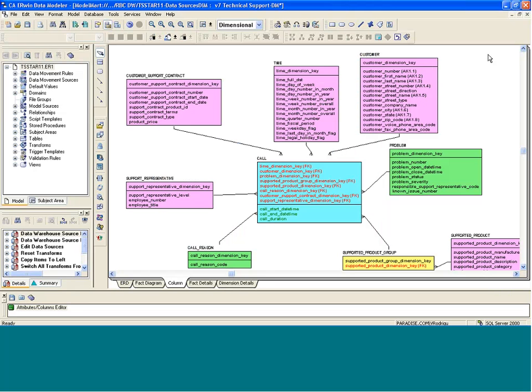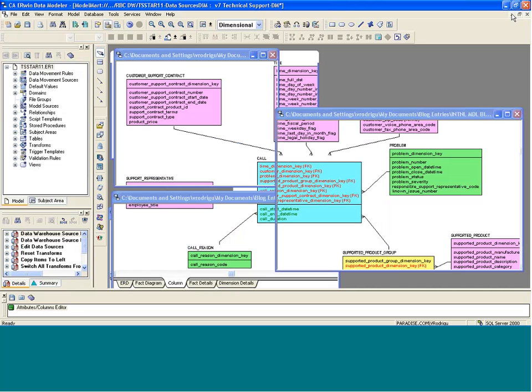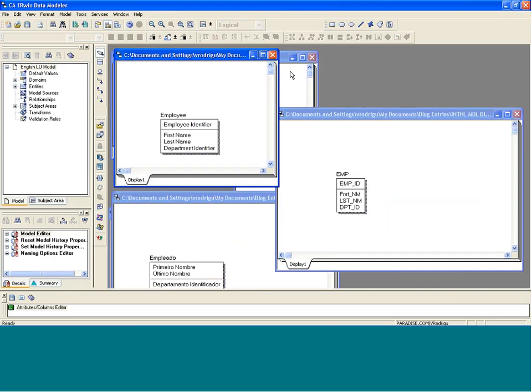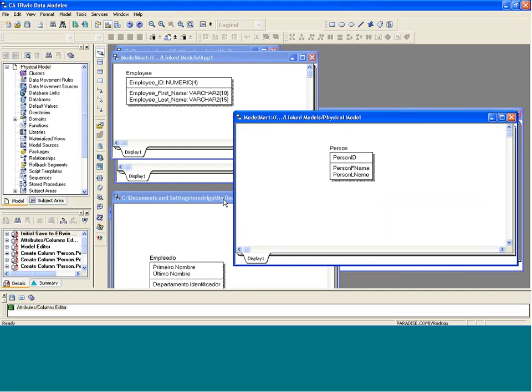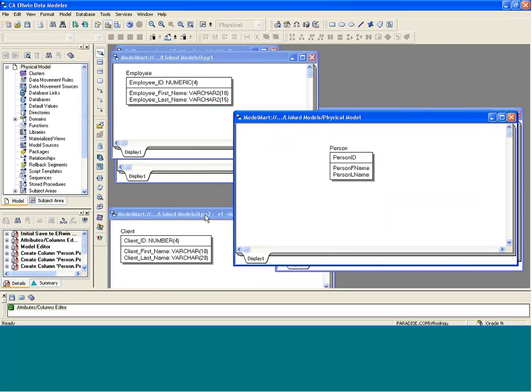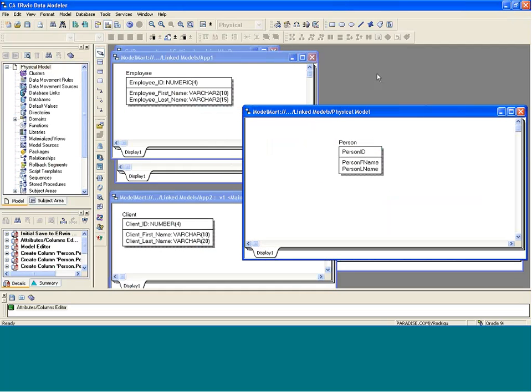Now, for my next example, I want us to take a look at an example where potentially you may be looking to link a physical model, for example, to multiple application models. So in this particular case, you may actually have a live physical implementation, and you need